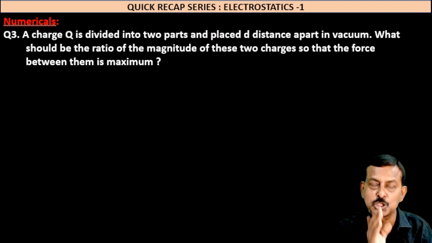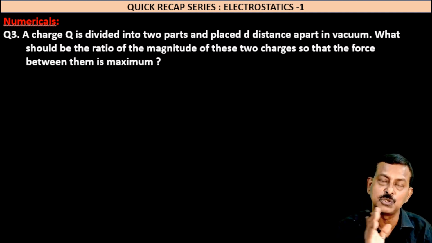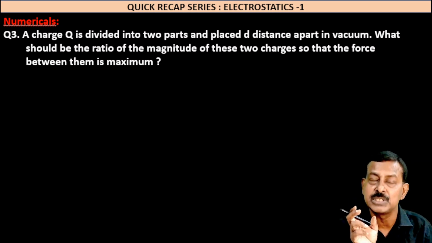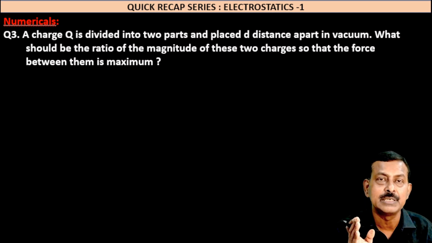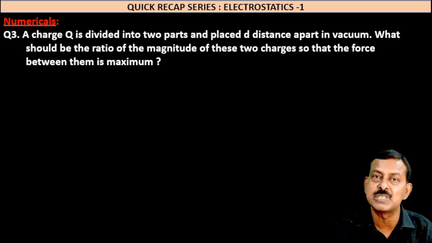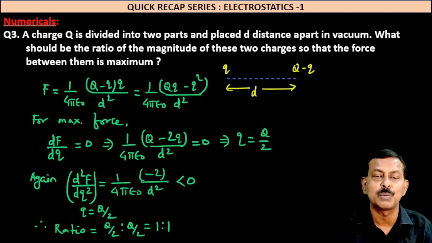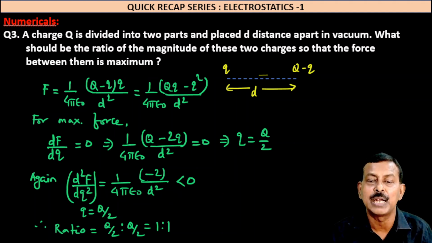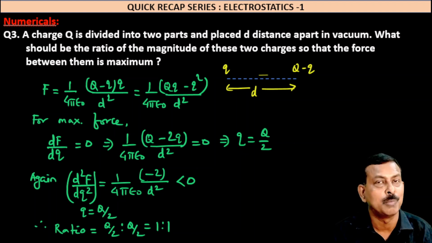So you have the charge Q. We are dividing the charge into two parts and we are keeping it at some separation. So we have to see how it should be divided so that the force between them is maximum. So suppose we have the charge Q, capital Q, divided into two parts as a small q, and another part will be capital Q minus small q,